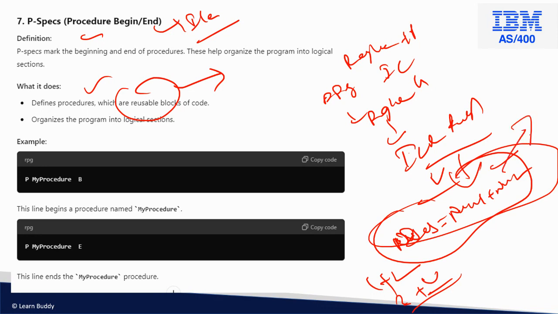And in business logic, what is the most reusable? GST. GST is a very reusable logic, so you can put it into any procedure, and you can use that procedure in the program. So this is the P specification for the procedure begin and